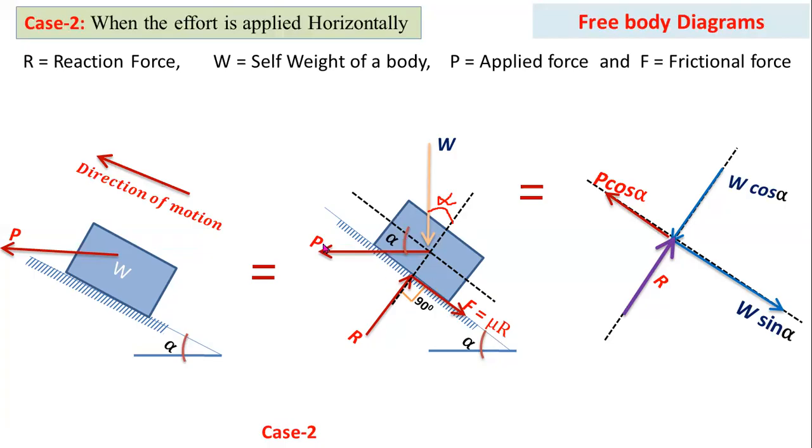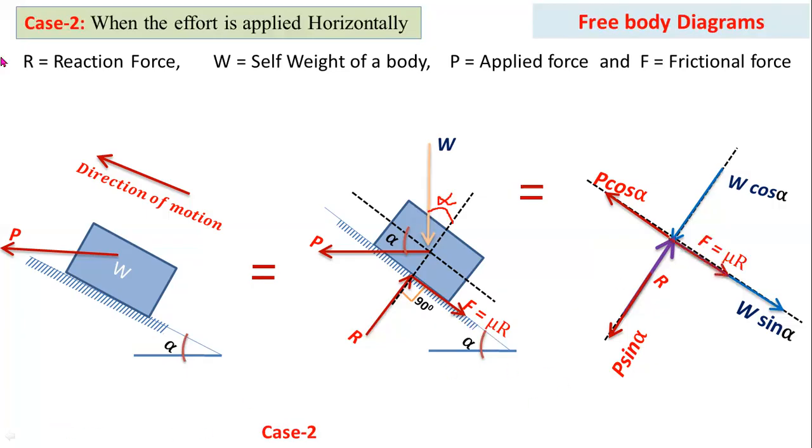Here this effort P makes an angle alpha with respect to the horizontal, so this one is the adjacent side, you have to consider cos alpha, and this one is the opposite side, so you have to consider sin alpha. So P cos alpha is the horizontal, the parallel component, and P sin alpha is the normal component. Now you have to consider this reaction force as it is. Now you have to draw this frictional force F equal to mu R